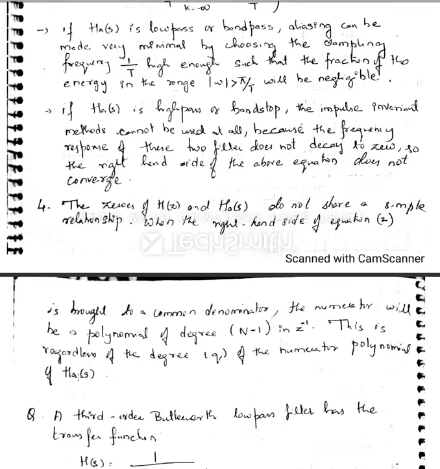So in the beginning I told you the order of the poles that you have designed will be the same for the analog and digital filters, but when it comes to the zeros it might change.